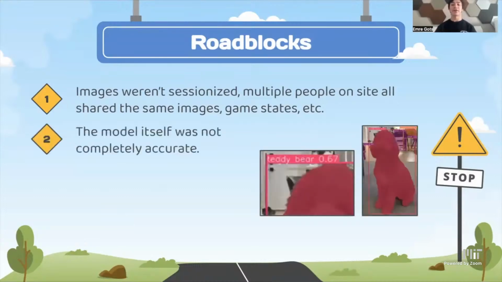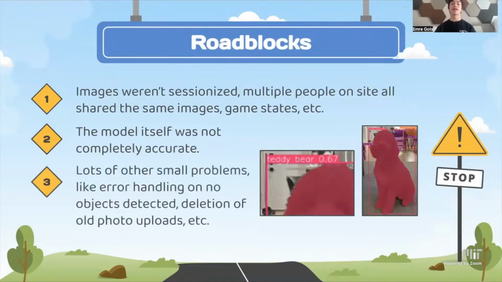Secondly, the model itself wasn't all that great at first. You can see that it originally misclassifies my dog as a teddy bear, which is super adorable, but not that great for the actual game, because if you guessed dog, it would say that you were wrong, even though you're not. But we upgraded it to the extra large YOLO model, and now it correctly classifies my dog as a dog, and other things as correct too. And then lastly, there were lots of other little small issues, like it would give you an error if it didn't detect anything in the image, and it wasn't deleting old photos if you uploaded new ones, so we were getting tons of images stacking up on the server,